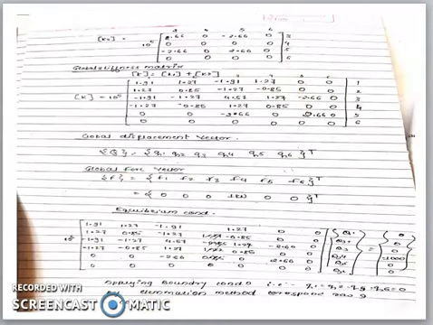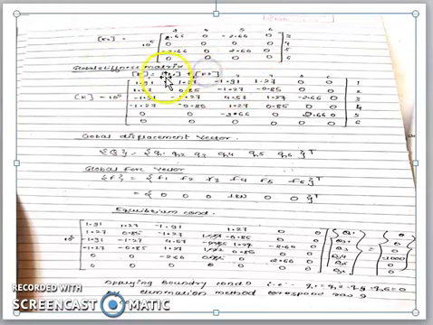Now we'll move to the next, global stiffness matrix. What is the global stiffness matrix? The global stiffness K is nothing but K1 plus K2, the stiffness matrix of element 1 plus the stiffness matrix of element 2. Element 1 is related to 1, 2, 3, 4 and element 2 is related to 3, 4, 5, 6. Again, this is the assembly of the matrix. You will get 3 by 3 and 4 by 4 overlapping, and there is no 5 by 5 and 6 by 6. So just add those elements where they coincide.